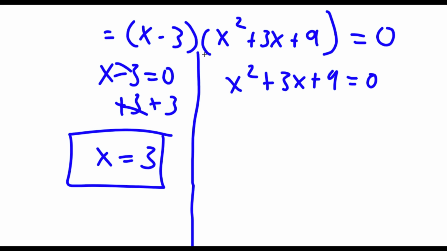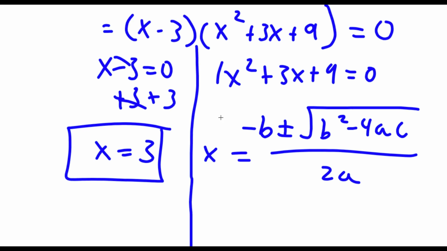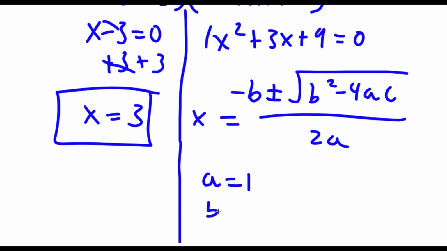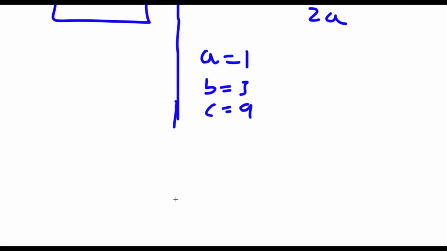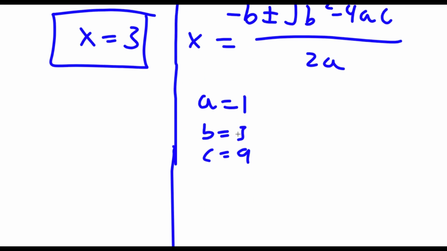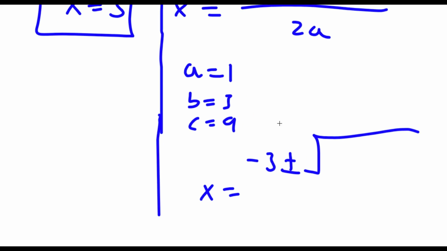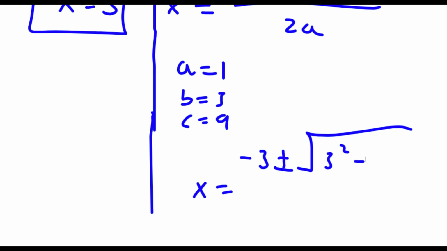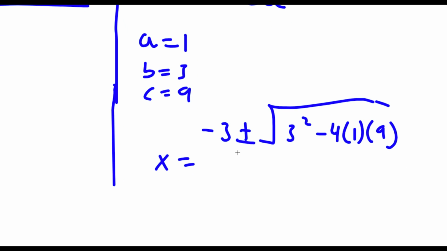Now for x squared plus 3x plus 9 equals 0, I'm going to be using the quadratic formula, which is negative b plus or minus the square root of b squared minus 4ac all over 2a. Now in this case, a is equal to 1, b is equal to 3, and c is equal to 9. So now I have x is equal to negative b, so negative 3, plus or minus the square root of b squared. So 3 squared minus 4 times a, which is 1, times c, which is 9, all over 2a,